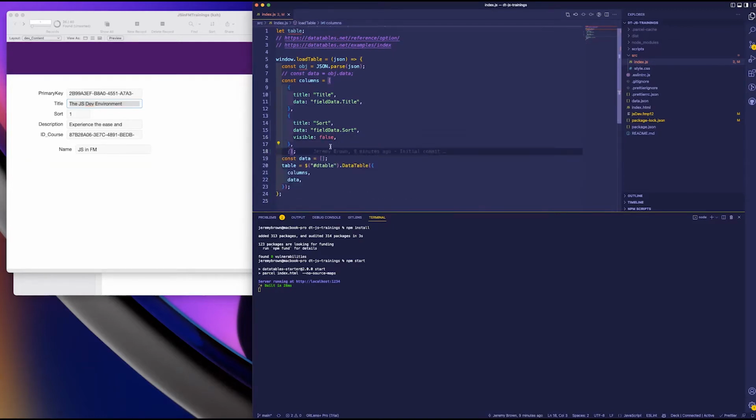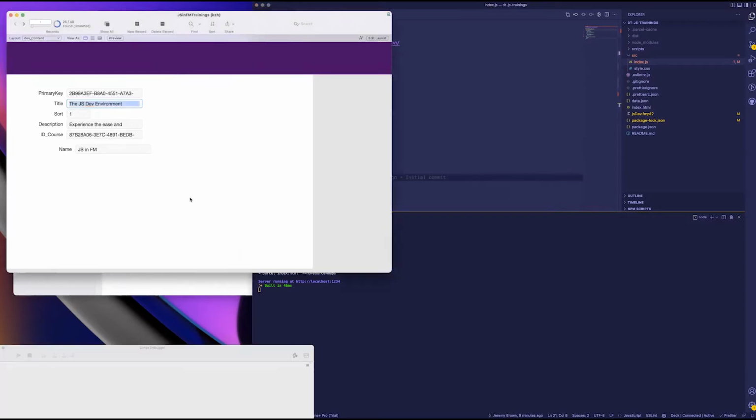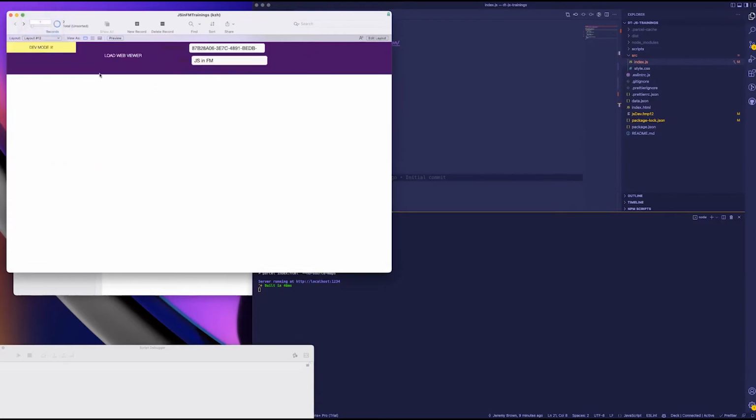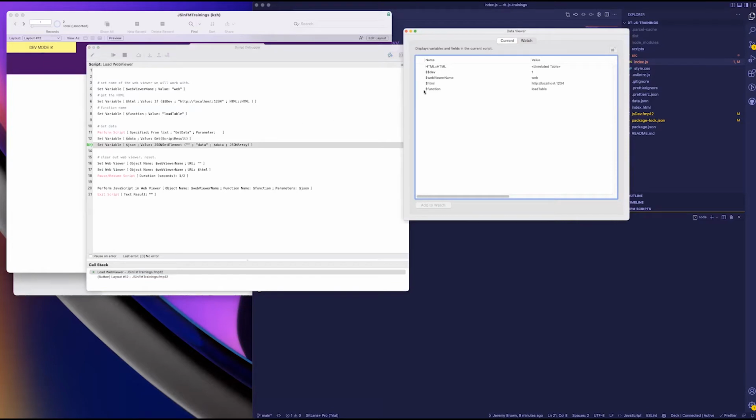All right, so the columns are hard coded in my JavaScript. The data is going to come in. Get rid of that. So now the data that comes in, it comes in from FileMaker. It gets parsed, it gets extracted, and there it is. All right, so now if I run this, it goes and gets the data. We know that that's going to be correct. So the data is coming back,